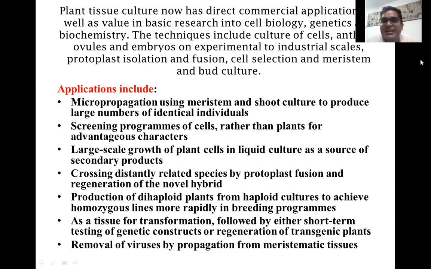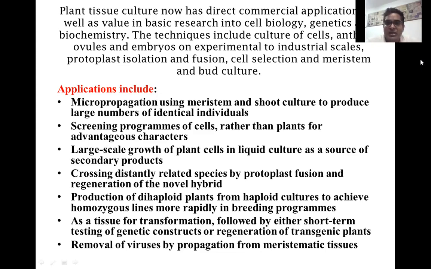Secondary metabolites or secondary products are nothing but the products which are produced by plants itself, but they are not useful for the plant species, but they are useful for human beings. So generation of these secondary metabolites or secondary products is a huge concern when establishing a commercial lab or for commercial purpose. You can think about this. This is the main funda behind the production of the molecules.